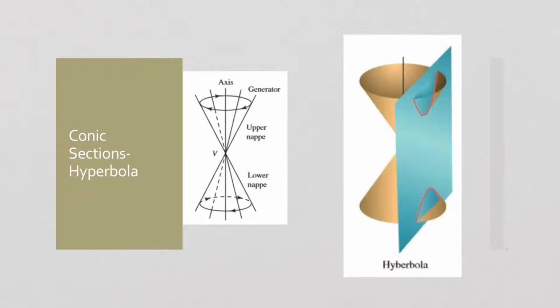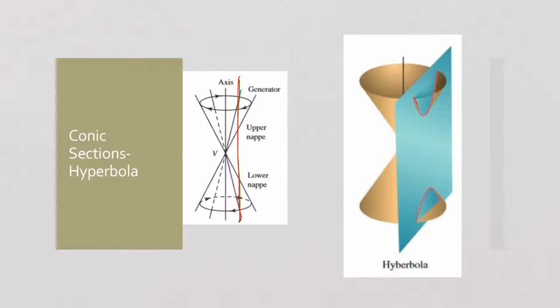The video for section 8.3, we're going to talk about hyperbolas today. This is the last of our conic sections. A hyperbola is formed if I do a cross section of my two cones in a vertical manner. And so you can see, if I cut the cones going down this way,